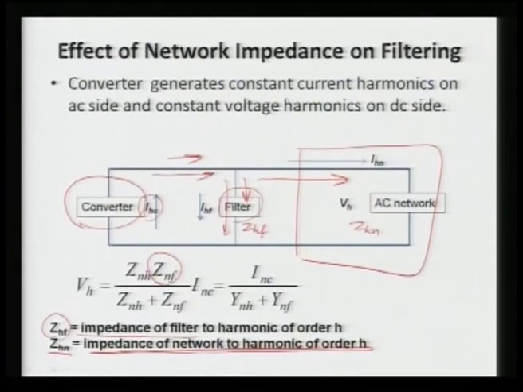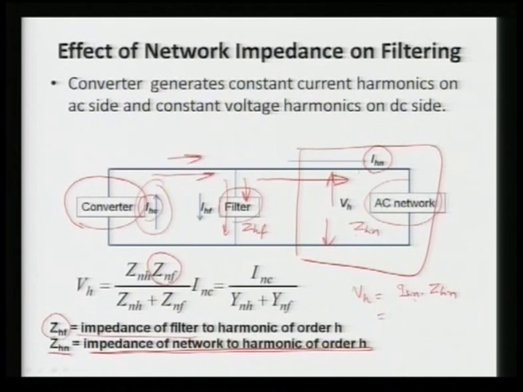So, that is why we can calculate what will be this voltage. Now, what will be the component? This is nothing but your VH, I can write it as IHN into ZHN. Can I write this voltage as whatever this current is, multiplied by its impedance for that harmonic component? So, here I have written.